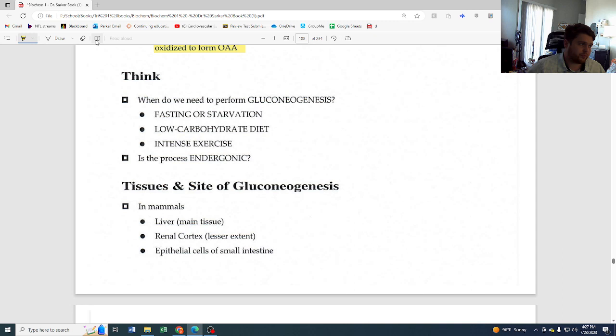Personally, I'd say that's not a great methodology, because then your body develops a bunch of ketones. And ketones down the line, if your body is strictly running on ketones for a long period of time, that can have some negative effects as well. But yeah, it's not really important for this class, but you'll talk a little bit more about that in your clinical nutrition class in a couple of terms. And also intense exercise. We will need gluconeogenesis once we burn up all of our available glucose or glycogen that we have stored.